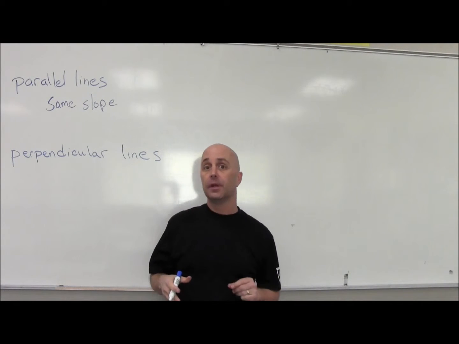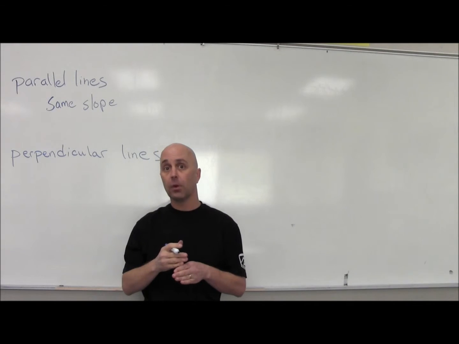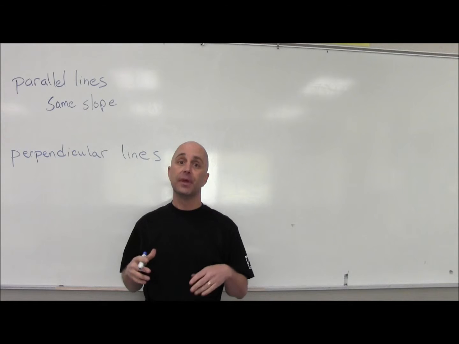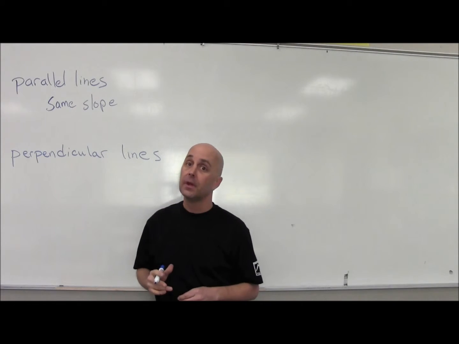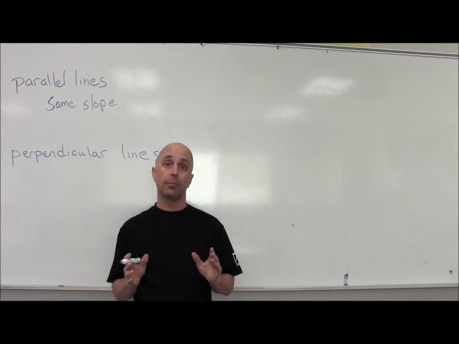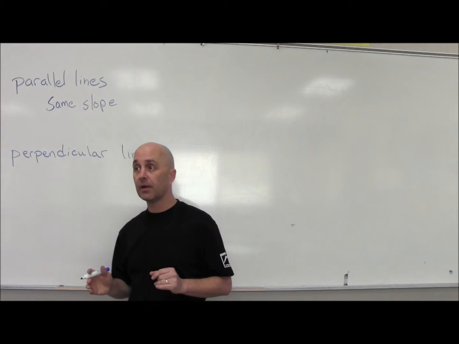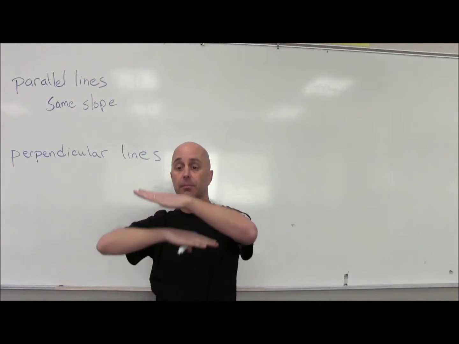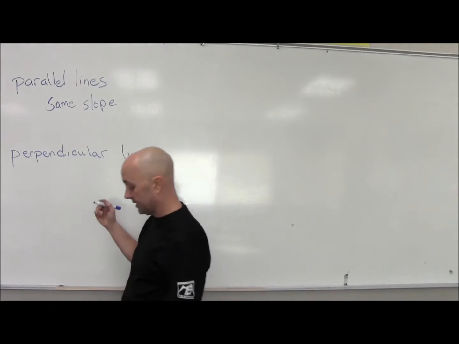See, lines can either intersect at one point, or they can intersect at all points and be the same line, or they can not intersect at all and be parallel. And when they're parallel, they have the same slope but a different y-intercept. So they'll have the same slantiness or steepness, but they'll cross the y-axis at a different point. Okay, so for example,